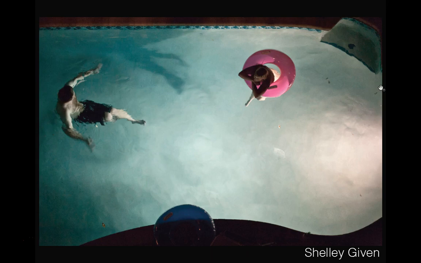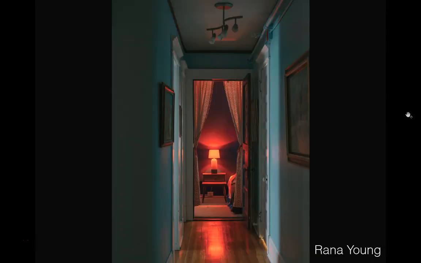Artificial light is beautiful. Let it in, and also kind of ugly too, this beautiful ugliness. Like I love this top-down view of this pool, which there's so many pools around here, but it's this coolness with this peak of color here. Thinking about that color lecture, how you can use pops of color to really lead a conversation. Artificial light, you can really use those color casts strong. So again, bringing it back to that color lecture, we had this blue hallway and this warm light and this contrast.